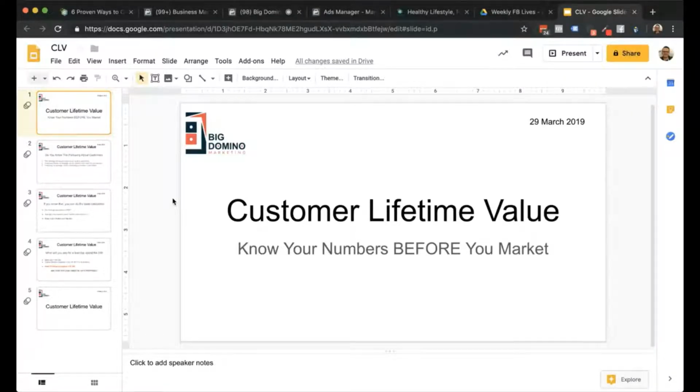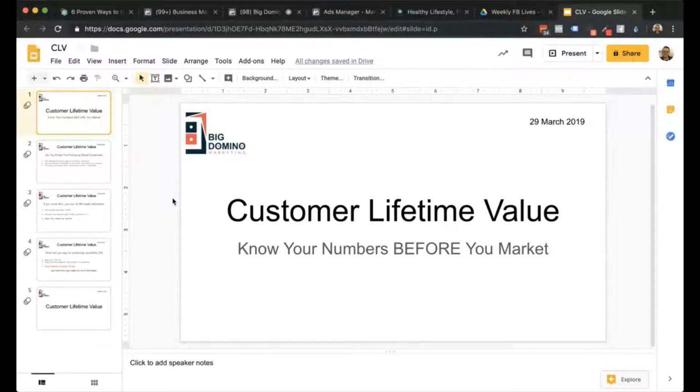But what I want to go through today is just a simple way to calculate your customer lifetime value. Now remember, this is a very simple calculation, and it will work for the majority of local businesses. And that's sort of why I want to put this out there. This is for local businesses. If you own a gym, if you own a hair salon, if you own any type of service business, servicing your local community, brick and mortar business, even a restaurant, if you really want, you can calculate it this way.